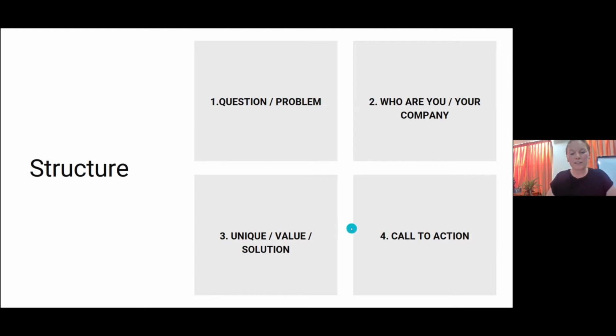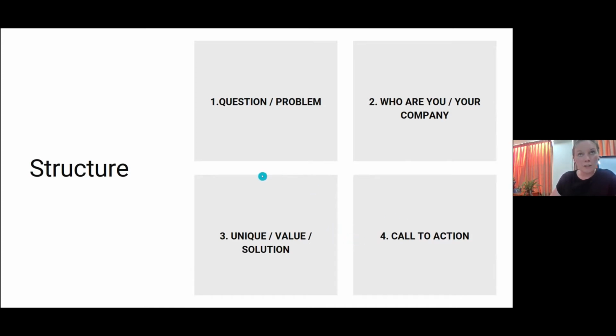Okay, and then the third step, you present the solution for the problem in a very unique way. So put the spotlight on your idea, on whatever is unique. Like nobody else in Jordan has this. Nobody else in Amman is selling this. So really unique, you know, you can come up with an idea. Innovative, yeah, thank you.